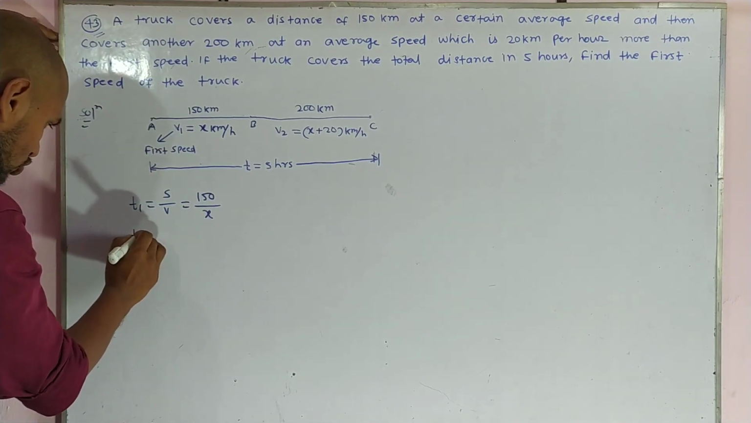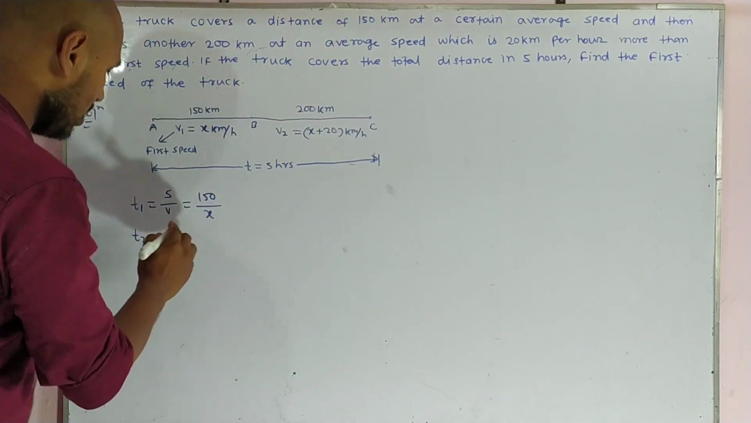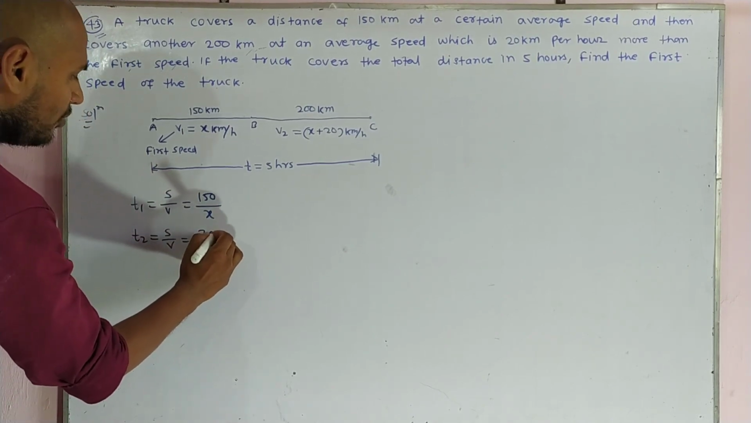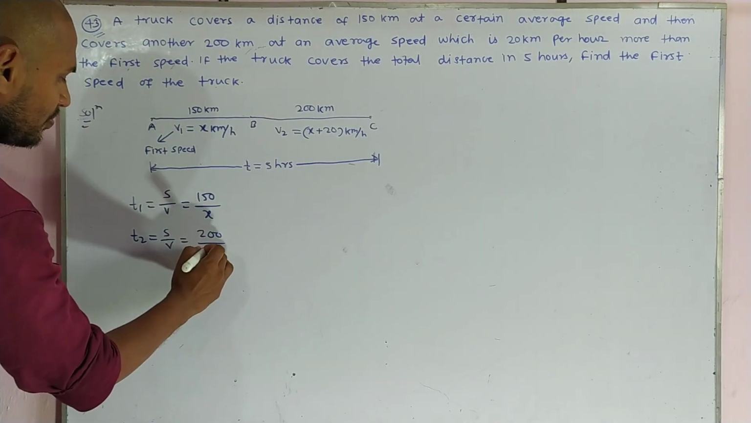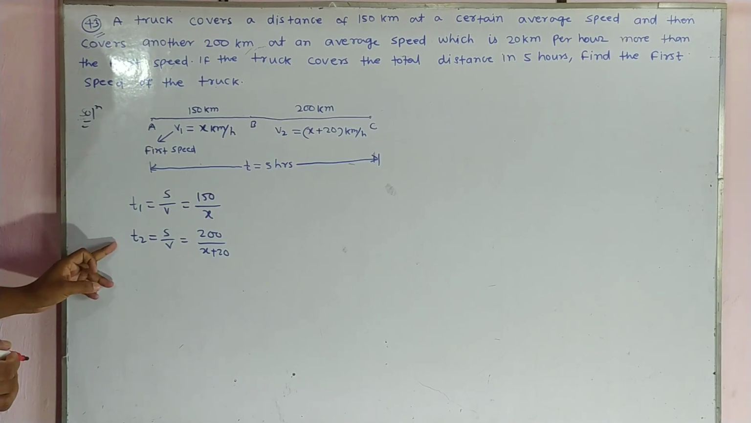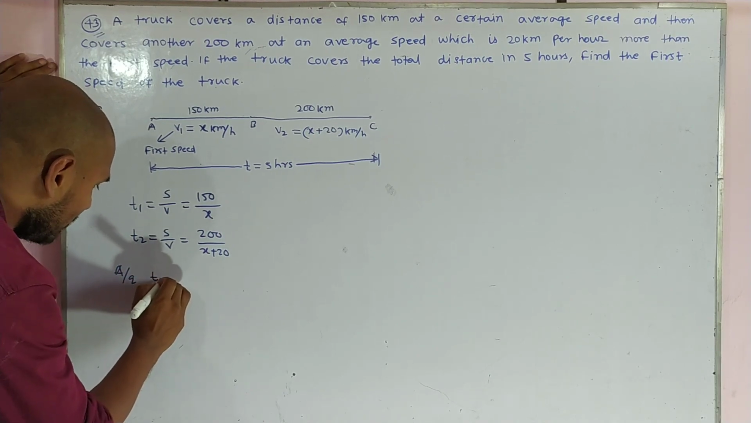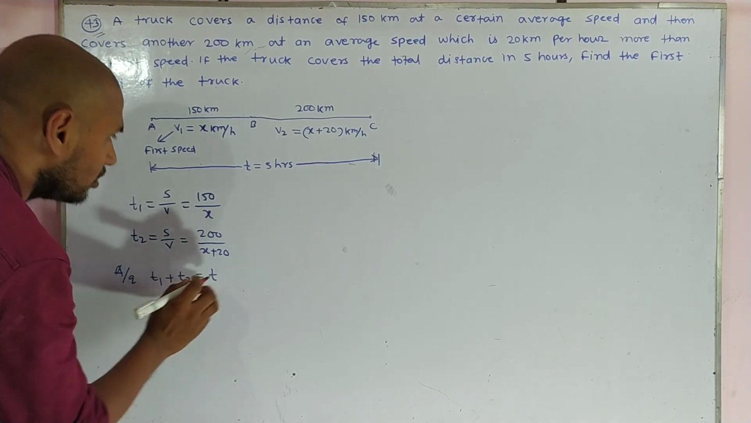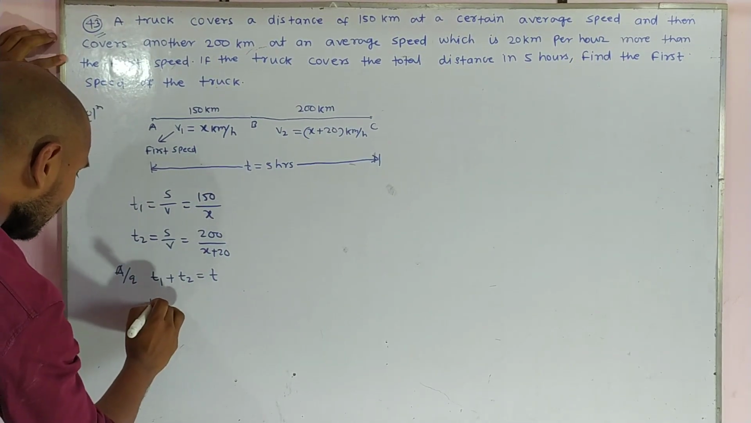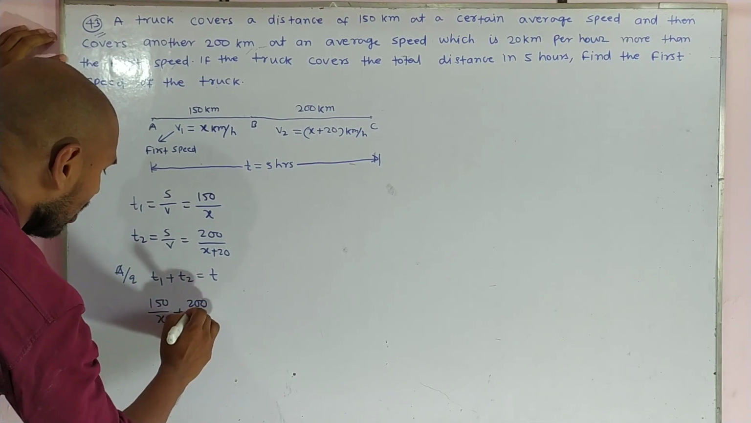Again, we have to find the value of T2 from B to C. T2 also becomes S upon V. The distance given is 200 km, and the speed given is X plus 20 km per hour. So this is T1 and this is T2. According to the question, T1 plus T2 equal to T. So we can write T1 as 150 upon X, and plus T2, that is equal to 200 upon X